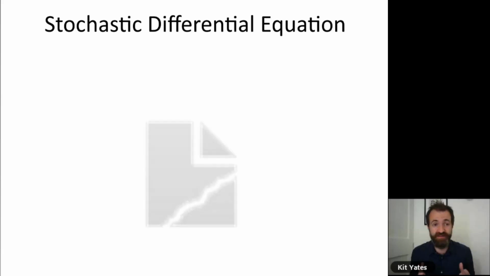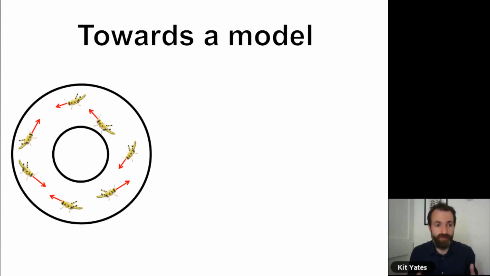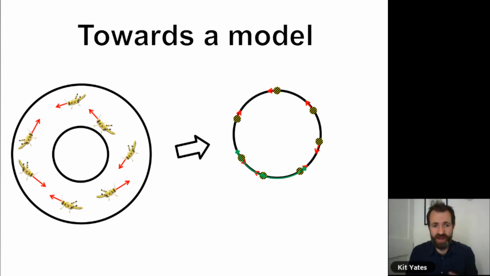Thank you. We take each locust and we model it as an individual which has a position and a velocity and it can interact with its neighbors. So this is what the original experiment looked like. It was these locusts moving around with these positions and velocities in the ring. We tried to simplify that, and so I model each of these locusts as a point particle. That's what these black and yellow circles are. They have a direction of velocity, which is these red arrows, and they have a position around this ring. And then they also have the ability to interact with their neighbors. So this green part of the circle shows for this focal locust which neighbors it can interact with.